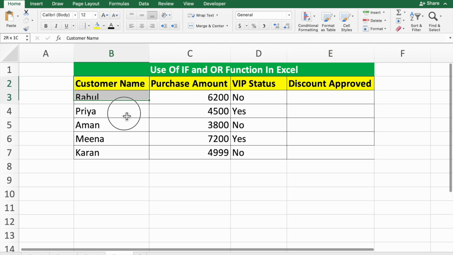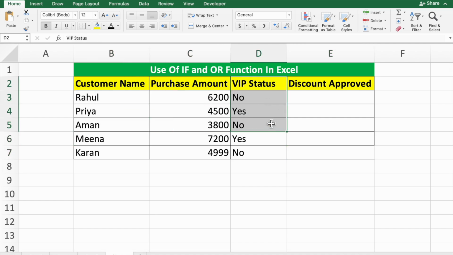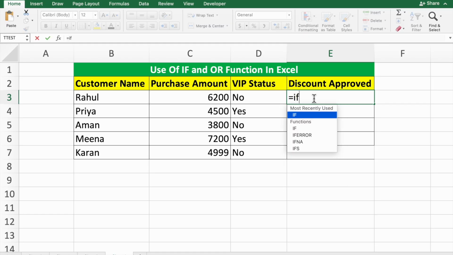So here you will see this is customer name, purchase amount, VIP status, and discount approved. I want that if he has VIP status, or if the purchase amount is greater than 5,000, then discount is approved, otherwise discount is not approved. Okay, so you have to just use this formula: IF, then OR,